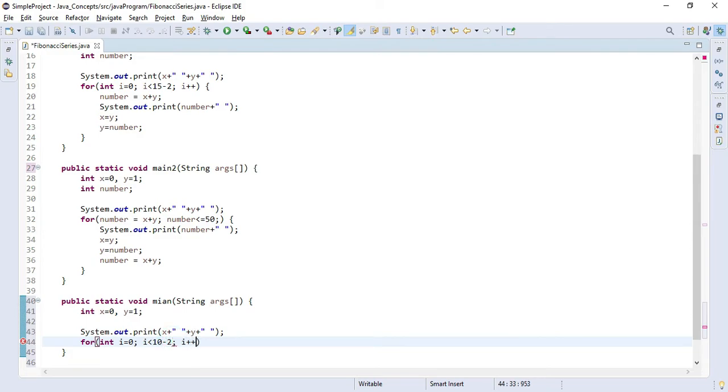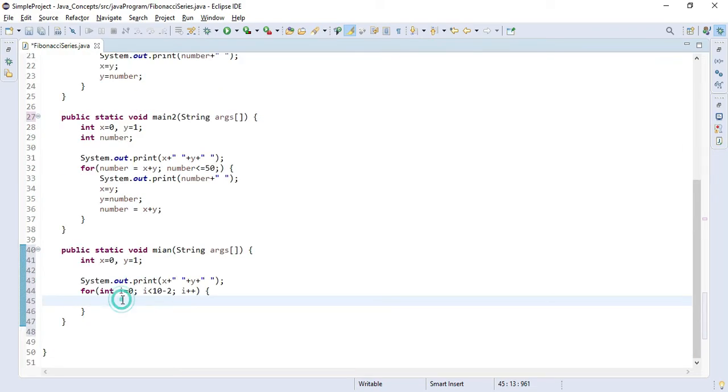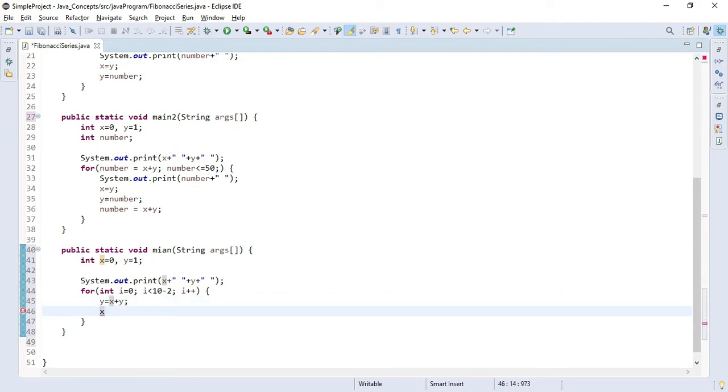And the value of I will be plus plus, and over here the value of y will be x plus y, and the value of x will be y minus x. We will try to understand this logic later.